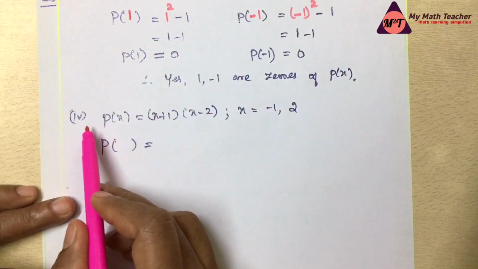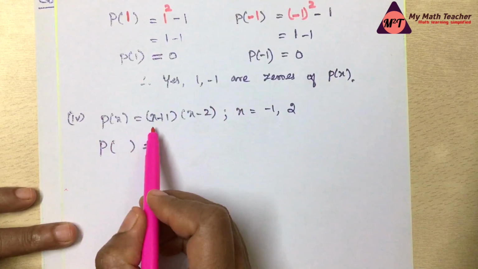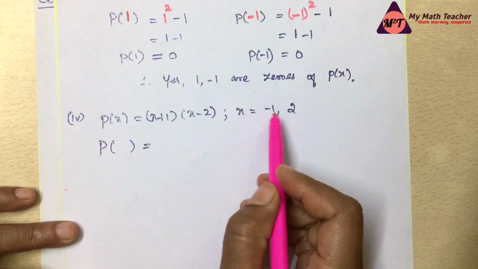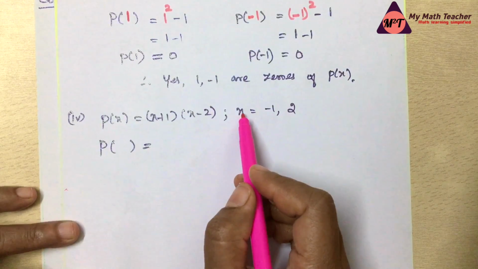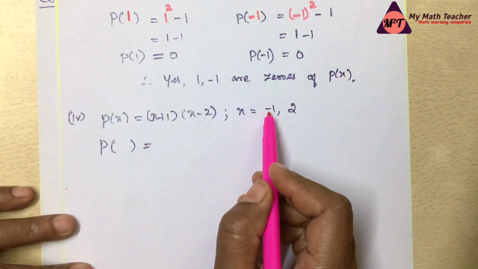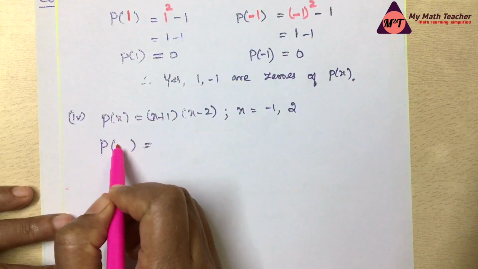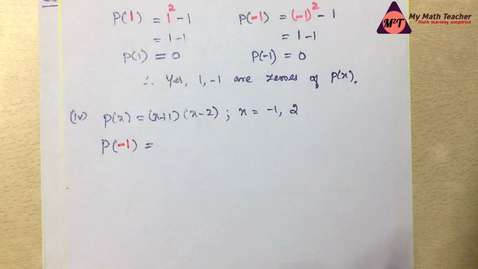Now let us do the fourth subdivision. P of x is equal to x plus 1 into x minus 2. Now we have got two values to substitute. One is minus 1. Now let us substitute minus 1 instead of x. Here in the place of x, I am substituting minus 1, which is equal to